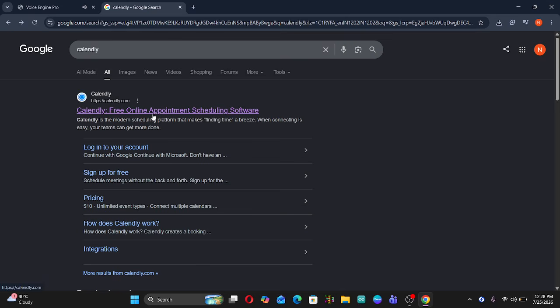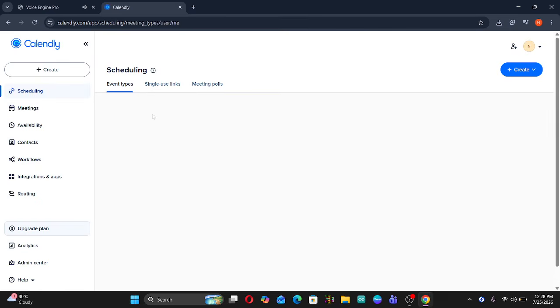in Calendly. This will not only save you time, but also keep your clients informed and engaged with the meeting arrangements. And that's it. You've just equipped yourself with a powerful tool that can streamline your scheduling process and enhance